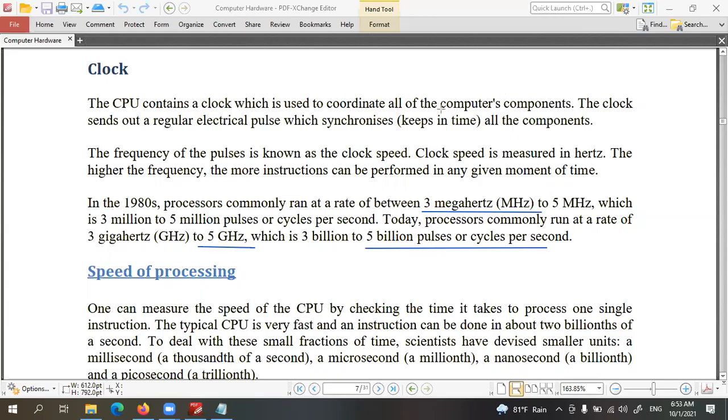Children, did you understand about the clock? Do you have any questions regarding this? So if we want a faster computer, we should look at the clock speed. Yes, clock speed is actually mentioned in the CPU. This is referred to as the CPU speed. Normally, when you are going to purchase a CPU or a computer, you can see the speed of the CPU mentioned there, like 5 gigahertz, 3 gigahertz, 3.5. For example,